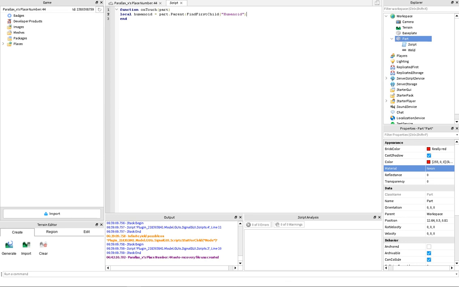Okay, then if humanoid does not equal nil, then humanoid dot health equals 0,